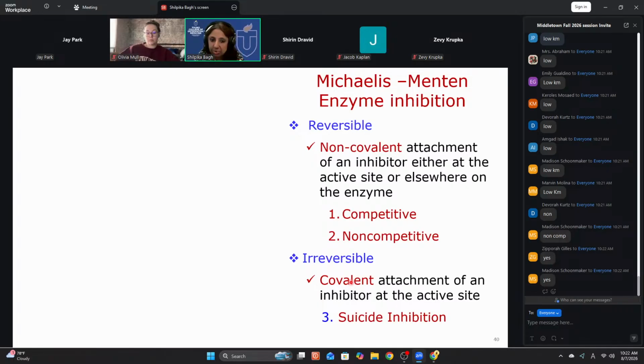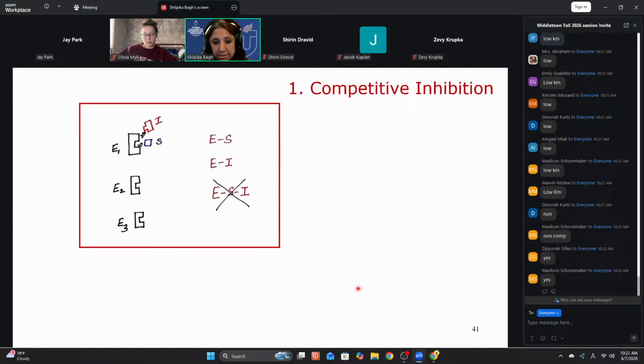You should get used to this language: inhibitors bind to the enzyme and change the kinetics of the enzyme. We will see what the change in kinetics of the enzyme is in the presence of competitive versus non-competitive inhibitor. But in irreversible inhibition, the inhibitor binds covalently to the enzyme. That word is important for you to pick irreversible. How does irreversible become suicidal? Sometimes an inhibitor binding to the enzyme also kills the enzyme. That is why irreversible can be suicidal, right?